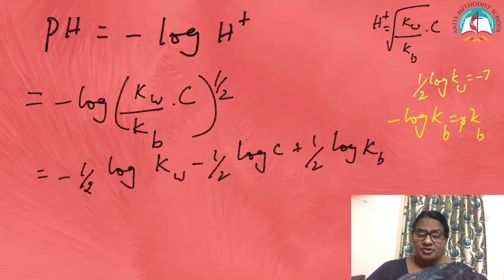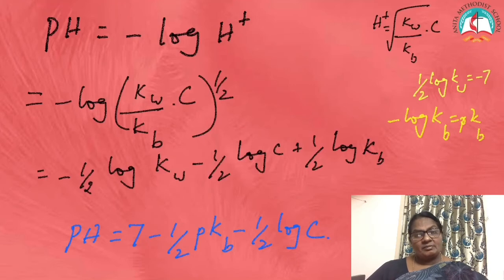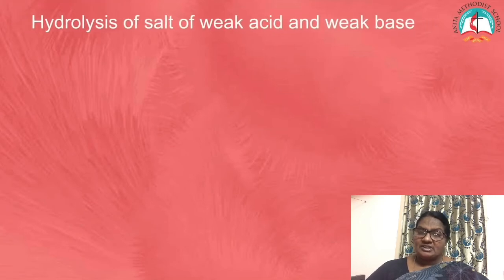Let us substitute these two values in this equation and we get pH is equal to 7 minus half pKb minus half log Cb. So, if I know the value of any two quantities, I can calculate the third one. So, we are going to see the last case, hydrolysis constant of a weak acid,